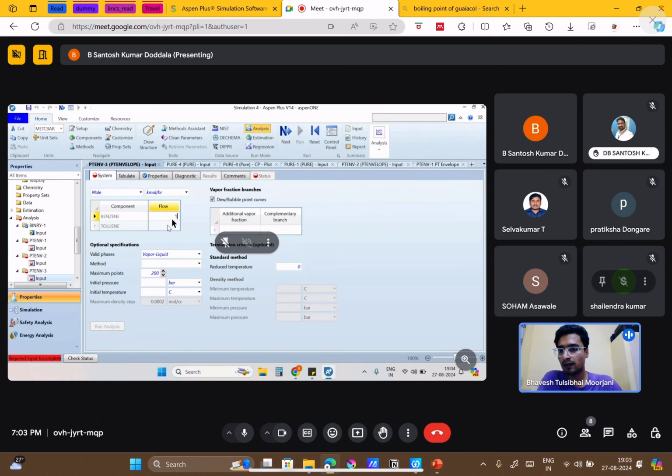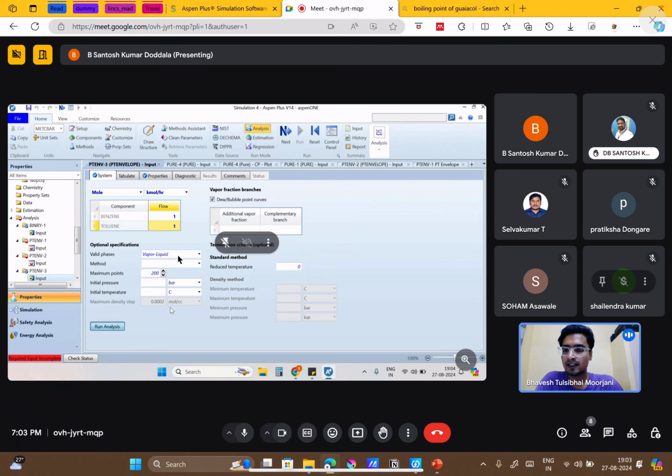So provide 1 for both, like an equal ratio of benzene and toluene. We don't have to worry about the flow rate. This is just to provide a split: how much is benzene and how much is toluene. Then just run the analysis.